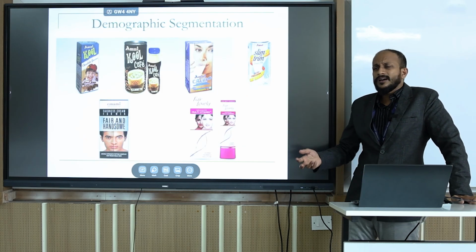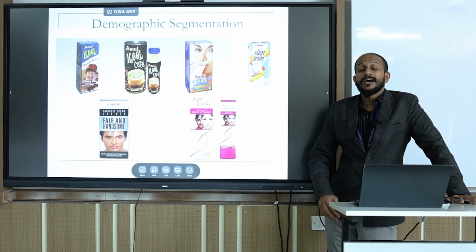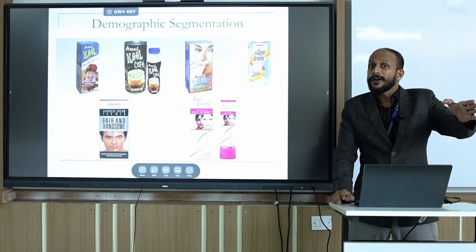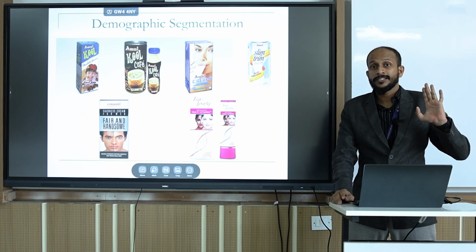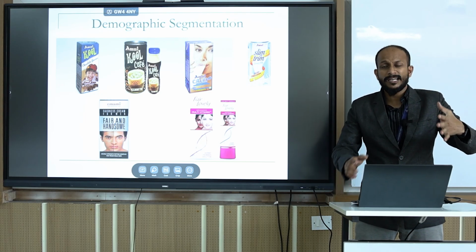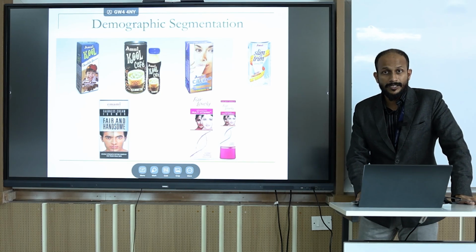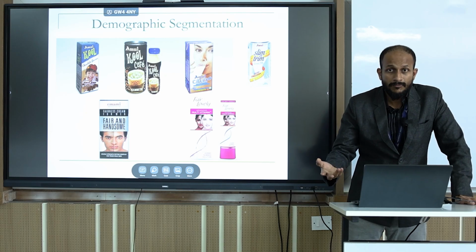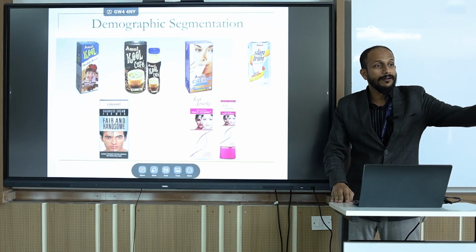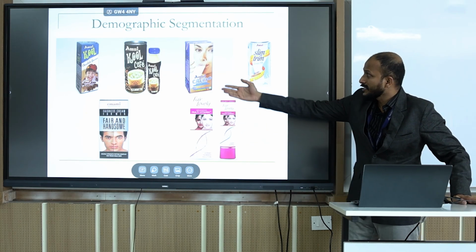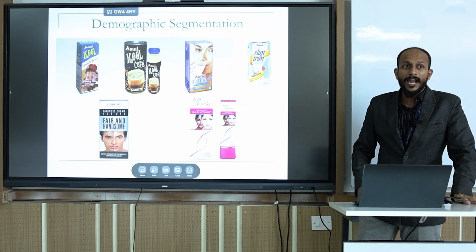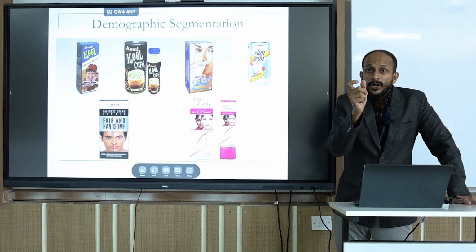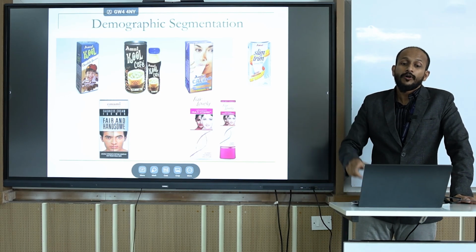Right? One more variable which you can always think about is demographic segmentation, where you can offer different product for different demographic segment. So we all know about Amul. Mainly it focuses on the milk and milk related product. And within Amul, if you take a variable like age, you can classify them into two types. One, you can have adults, another one kids. For kids, they have a product like Amul Cool, and for adults, they have something like Amul Cool Cafe. So they have different product depending upon the age.